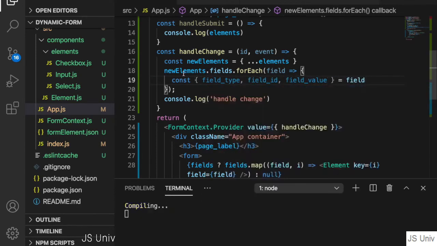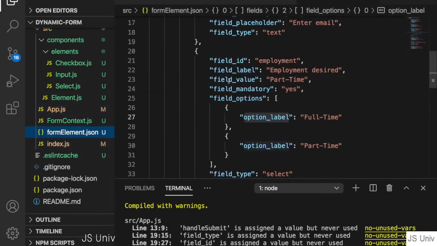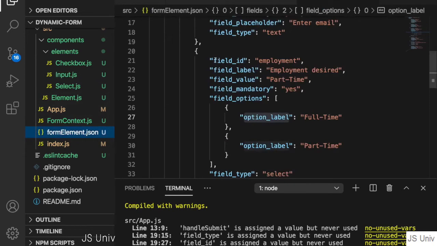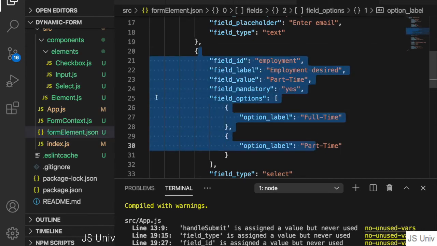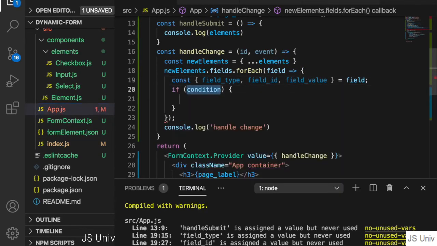Because what we are going to do is, when you look at the JSON, there are different field IDs. So each time the user changes this field, we are going to check if it is equal to one of the IDs. If this is the same, then we are going to set a new value to this object. So we go back to the app.js and go to the handleChange. So if the ID is equal to the field ID, then this is fine, and then we are going to